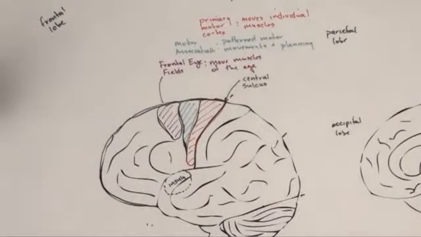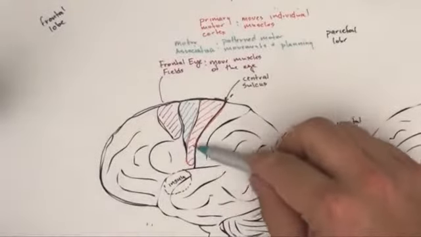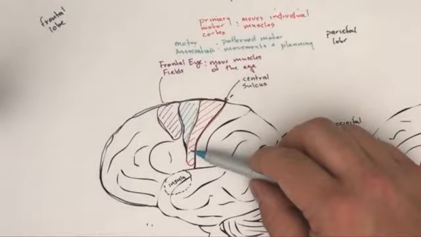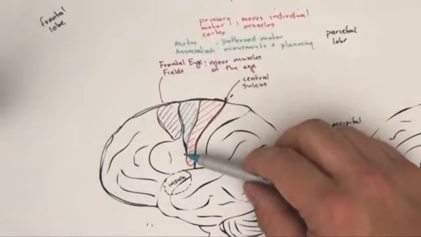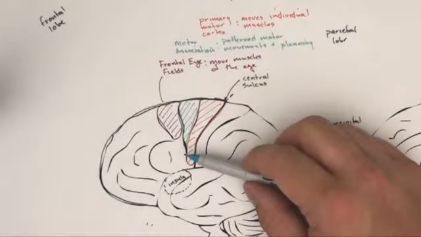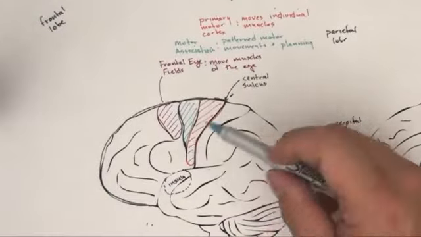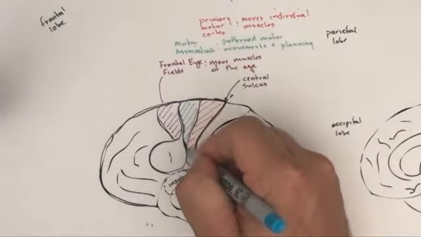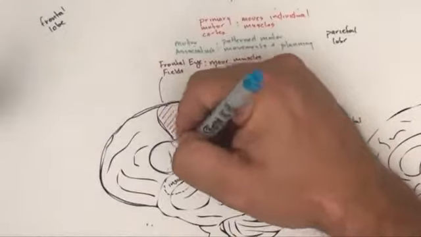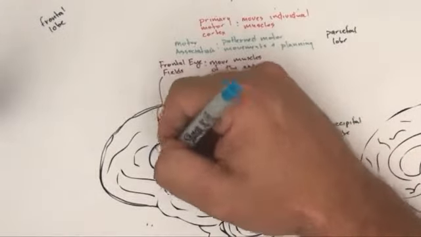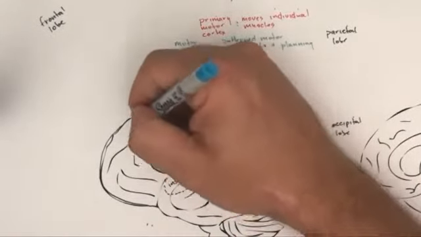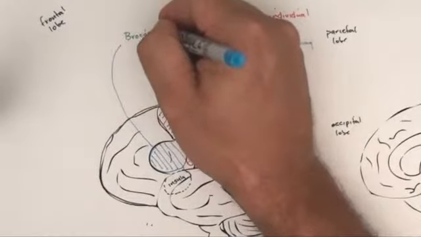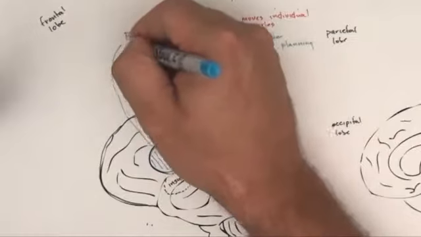Kind of similar is this area of the brain down here is responsible for moving the face and the mouth. But you can imagine that you might need to extend that area even further, use more cortex to move the muscles of speech, because speech is pretty complex. And that's exactly what's up here. There's a region that helps you move your mouth during speech. And that's called Broca's area. And we're just going to put it muscles